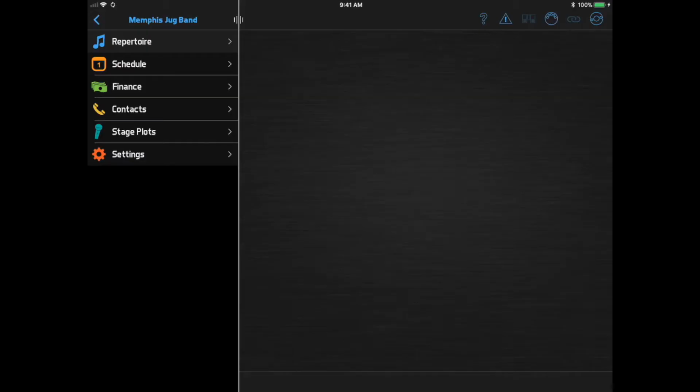So if you use BandHelper for iOS, this is version 3.2. Setlist Maker for iOS is version 5.2. And if you use either product on Android, this is version 2.2. So let's get started. The first feature we'll look at is the ability to display lyrics or documents in two